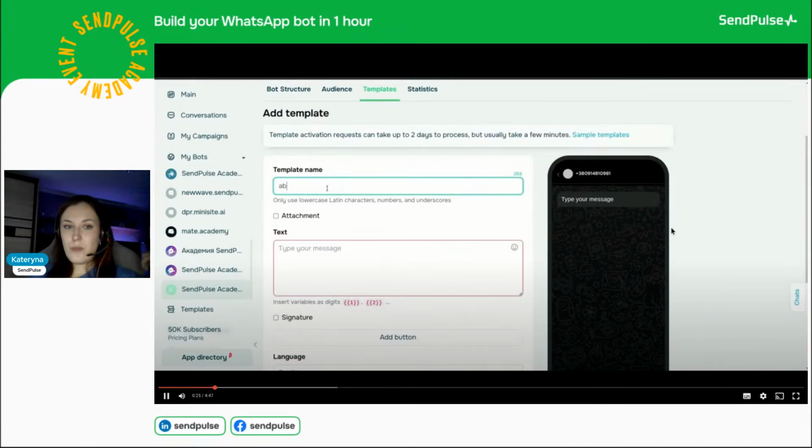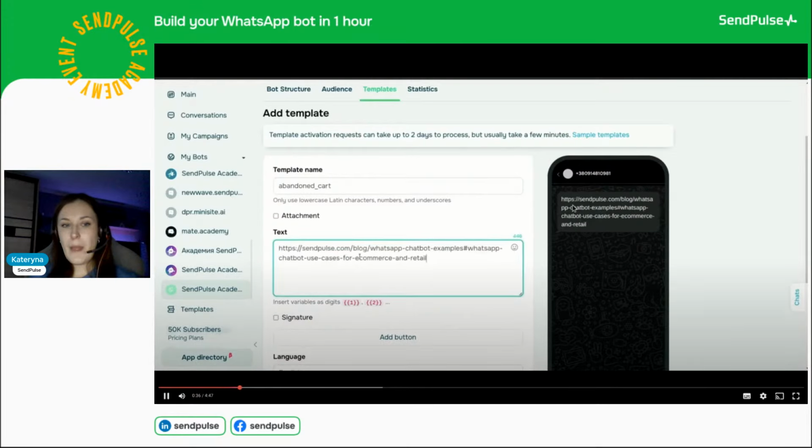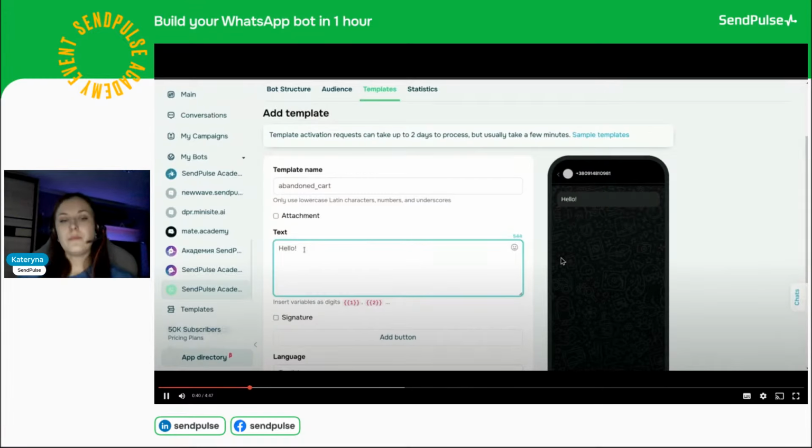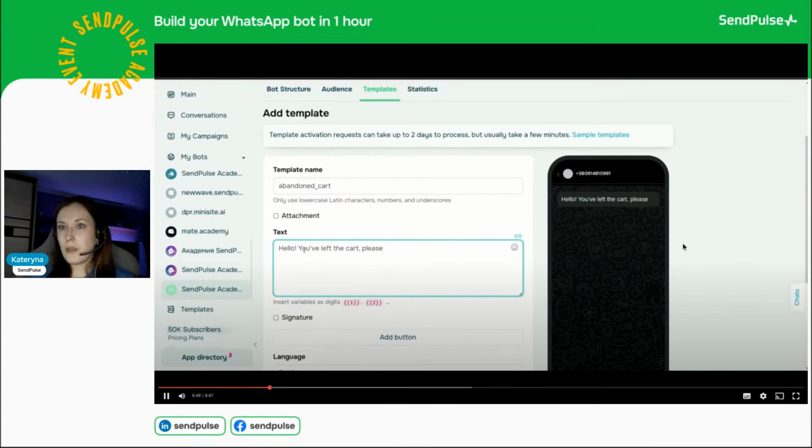So, for example, type in a name, sorry, type in a message. For example, like this. You may also attach a file if you have one, for example, a PDF file with your prices and so on. So you may also attach a file here, type in a text,